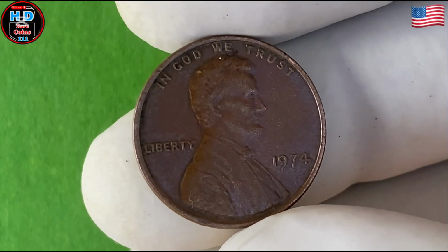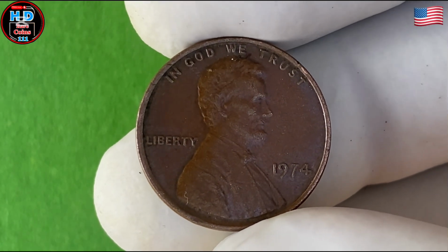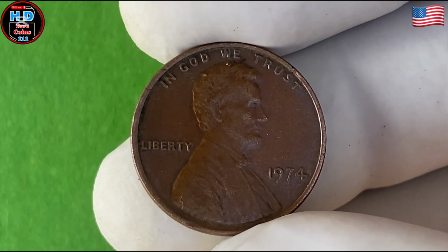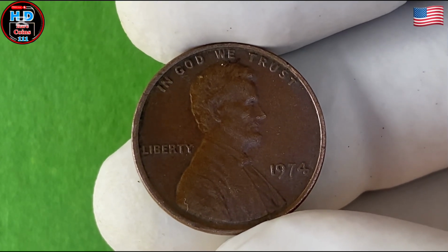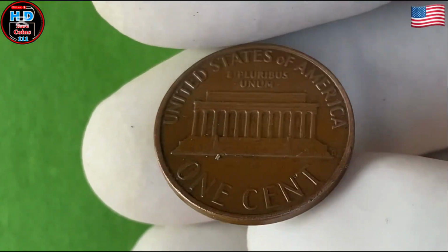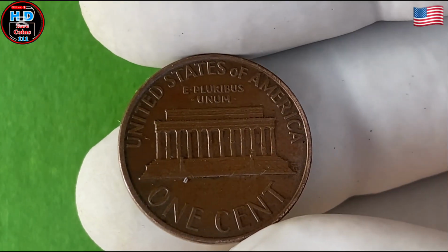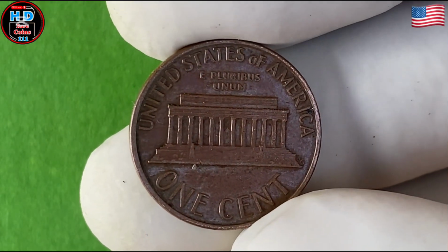representations of the president. The design features Lincoln's bust in profile, with the inscriptions "Liberty" and "In God We Trust" around the top and bottom of the coin, and the year 1974 placed below the portrait. This image of Lincoln has become synonymous with the coin itself, immortalizing the president in the minds of generations of